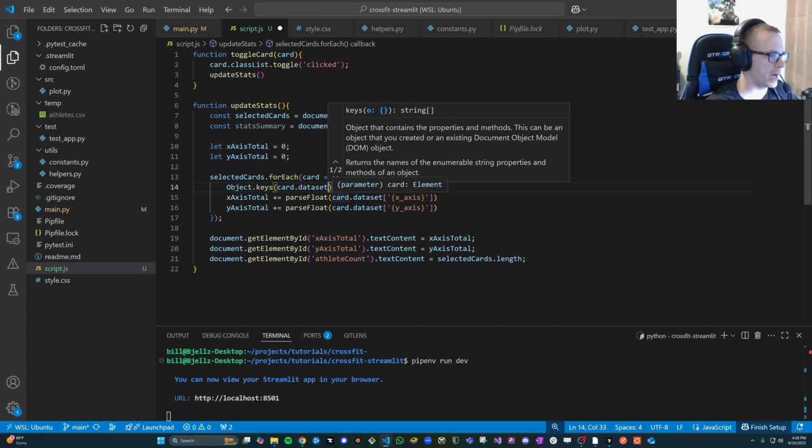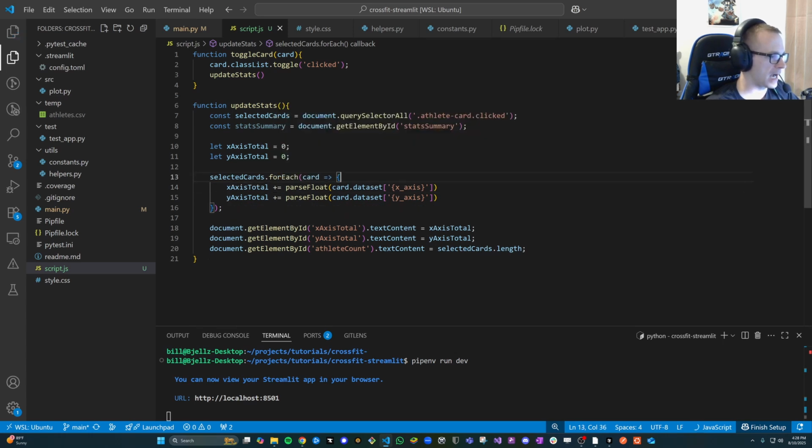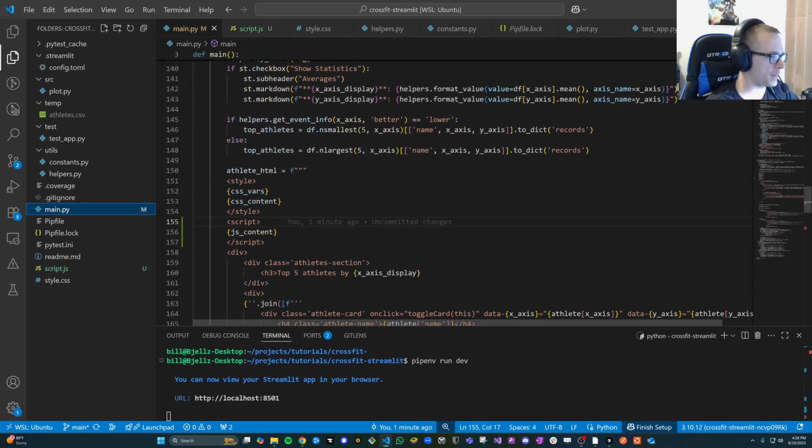So you could access index 0 and index 1. That would give you the actual values. What I want to do, since I want to still be able to reference this by name, is go over in main.py,